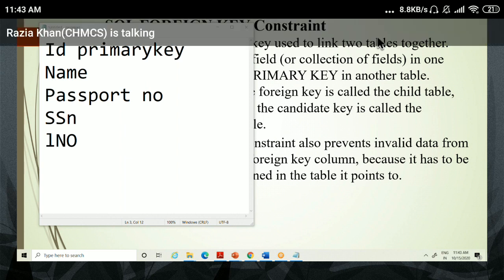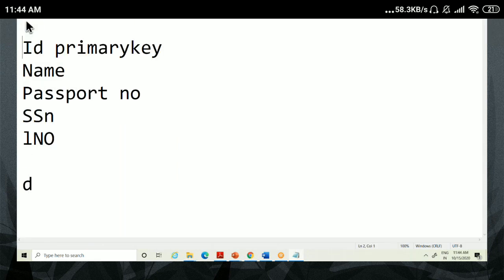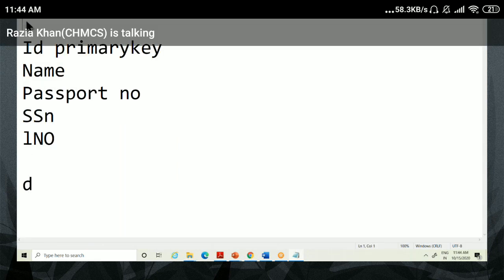Yes, clear, students? Primary key, this or this foreign key, everyone just remember this: foreign key only refers to the primary key of another table. For example, this is your employee table, okay? And maybe your department table is there. This is your employee table. Just check, everyone.